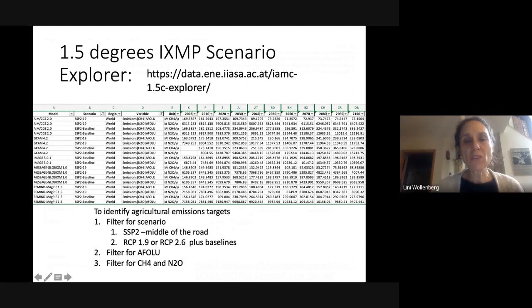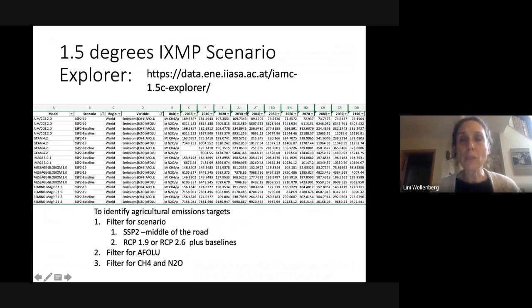And what I've done here is just given you the filters that you need to highlight the different models, because there are a number of different integrated assessment models that have calculated these scenarios. What is an integrated assessment model? It is just a combination of biophysical and social data, mostly economic and demographic data. They combine the two, and then they're able to ask questions about the future and generate, for a given population,